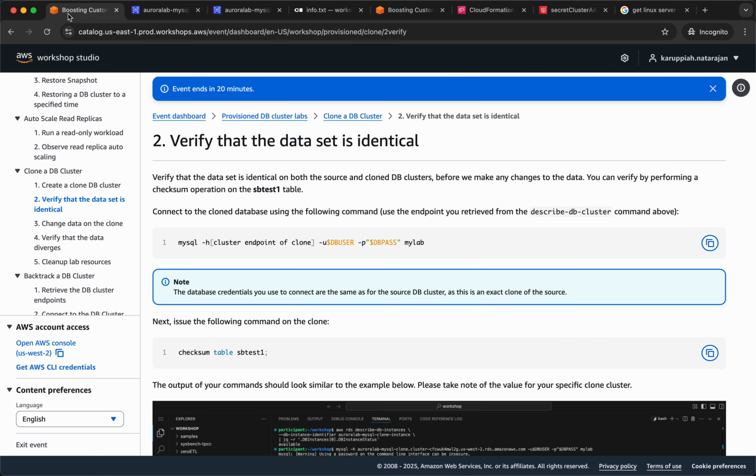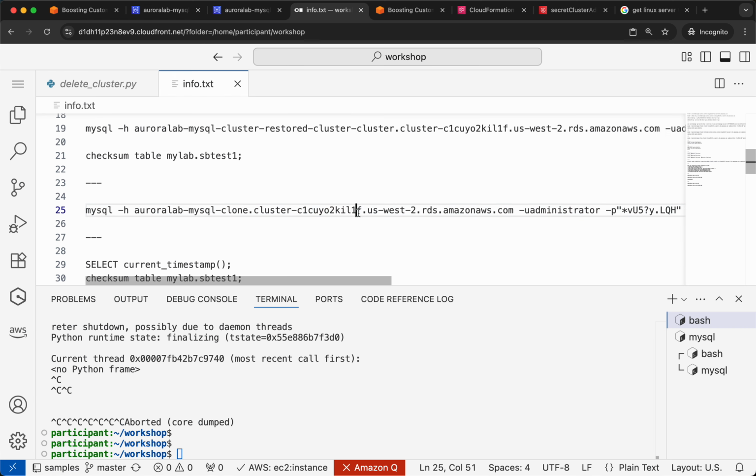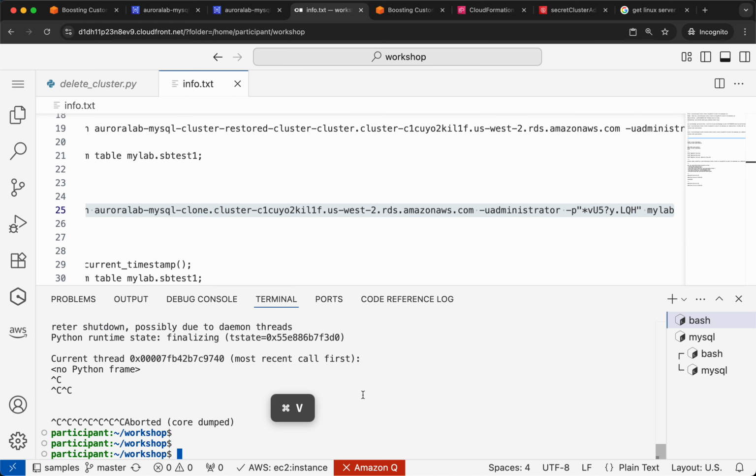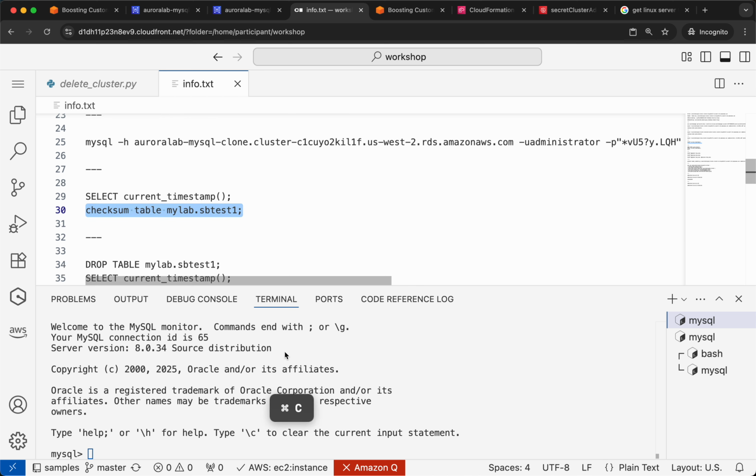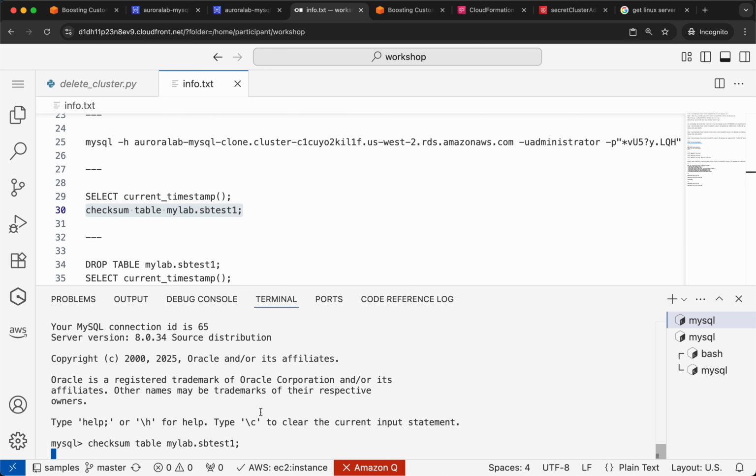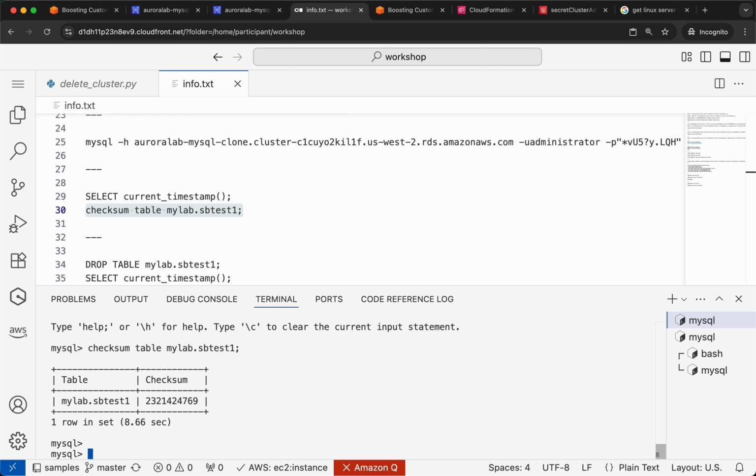Now the thing is, verify the data set is identical. So basically in between we removed the data, right? Anyways, but when we created this I think it was all fine. So let me still try it out. This is the clone, and let me try out the checksum. It's taking quite some time. Okay, so